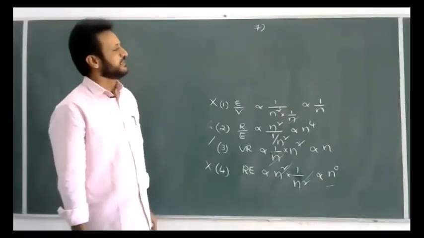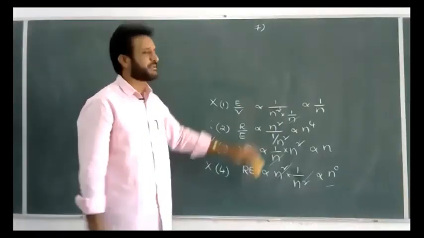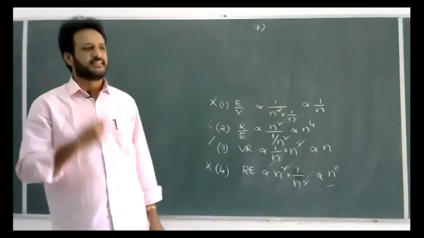Generally, the principal quantum number has infinitely many possible values, but for the condition given,